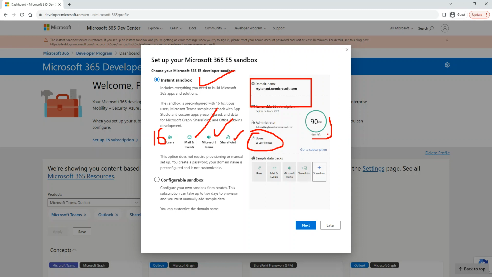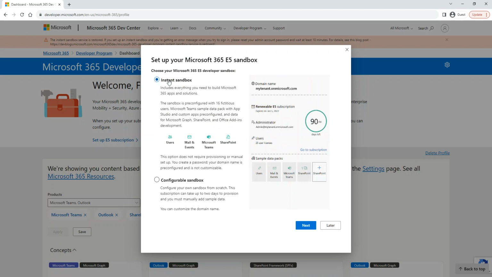Once you get 90 days from today, which is 3 months, Microsoft checks how you utilized that development environment, and then they will renew automatically for the next 90 days. If you're not going to use it in the way that they expect you to use it, they will cancel your renewal. That means you have to pay for it. But that's not going to happen because we're going to use it heavily in our class. So we're going to keep it, and this development environment is going to stay with you throughout the entire class.